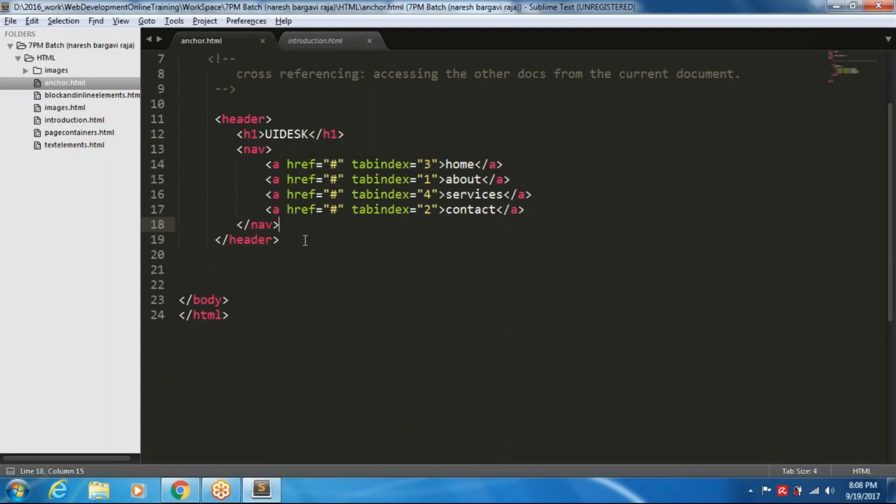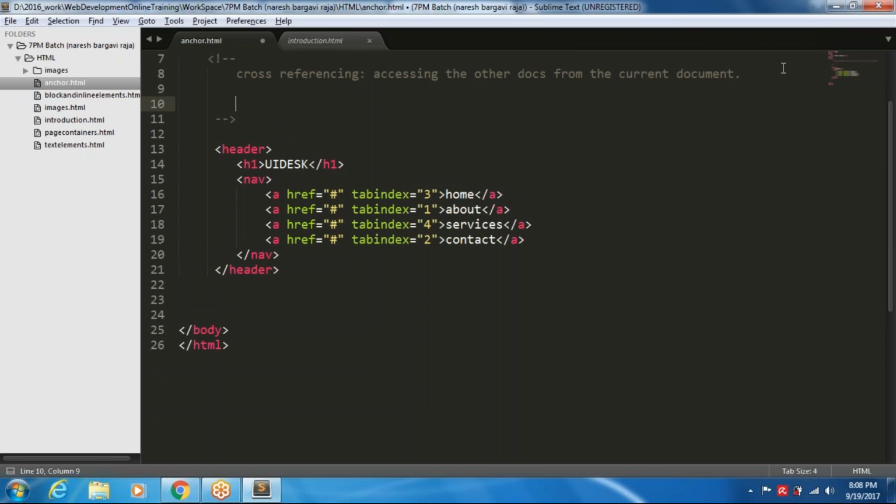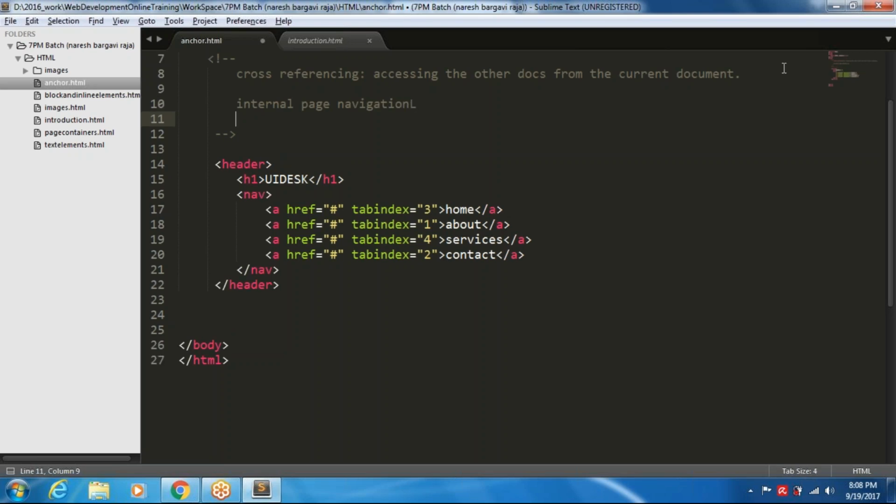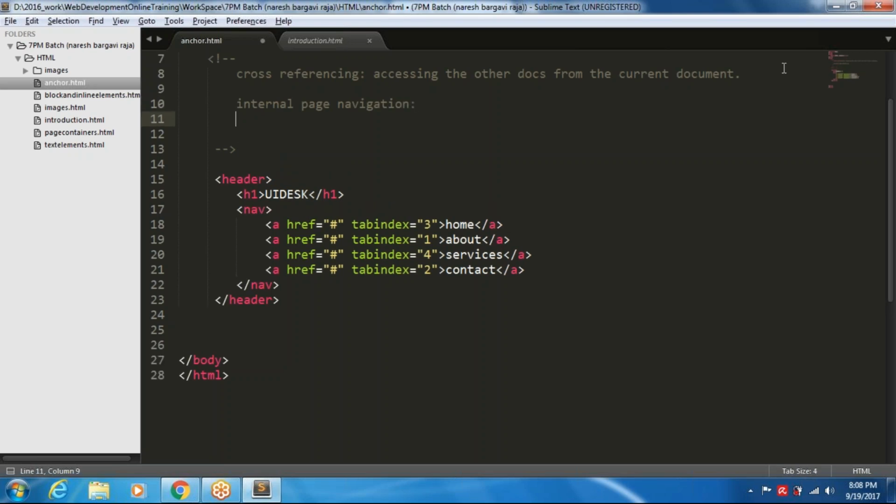The next one. By using anchor tags, we have something called internal page navigation. So in this internal page navigation, see, what is this internal page navigation? For example,